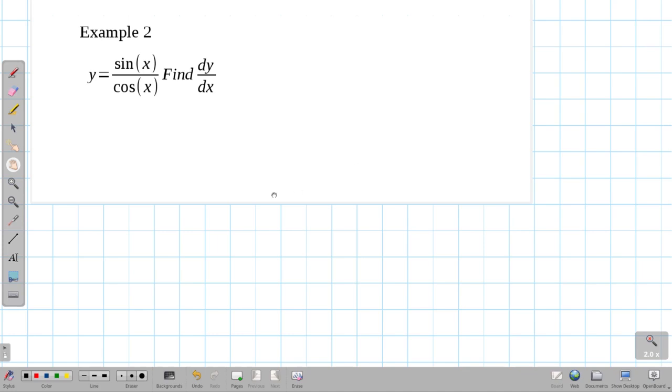So the second example, example number 2, let's have a look. This one is, let's say it's interesting, because it's sine over cos. Now, if you know your trig identities, you will know, let me get my pen on, that sine x divided by cosine x is identical. You could say equals, but we tend to write identical with 3 lines. It means it gives identical results, left and right hand side, to